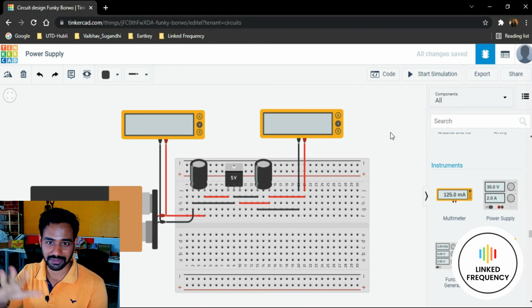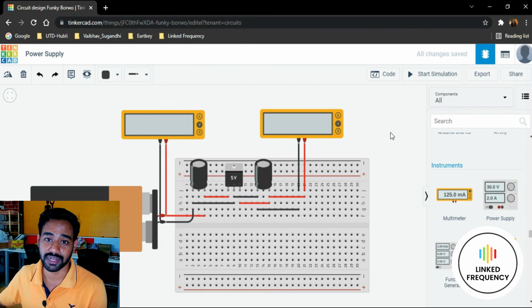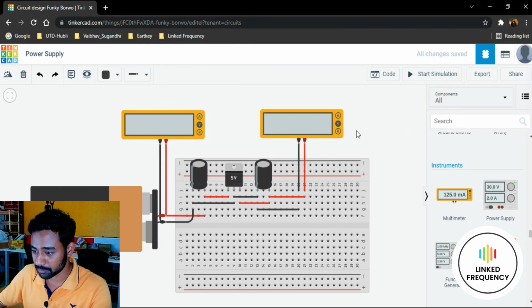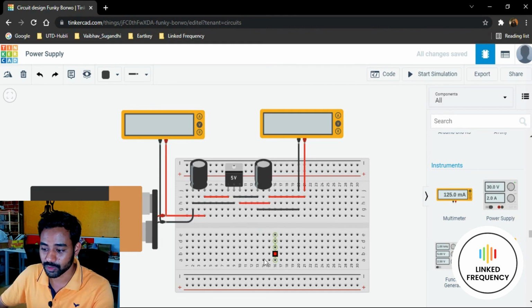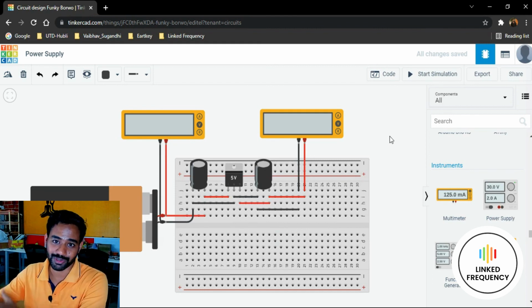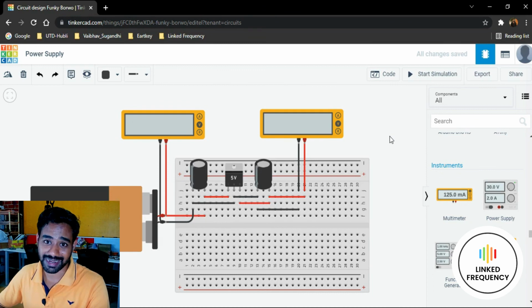Do this particular circuit as always. Thereafter, try to implement a 3.3 volt regulator in this circuit. Along with 5 volt, try to do a 3.3 volt and put one more multimeter here and try to arrange that 3.3 volt regulator and bring 3.3 volt and 5 volt together as output from a single 9 volt battery. Okay, I hope you guys can do it, and if you are done with that, let me know your results